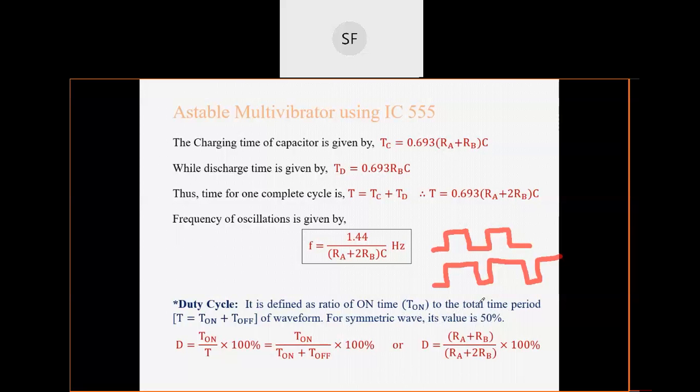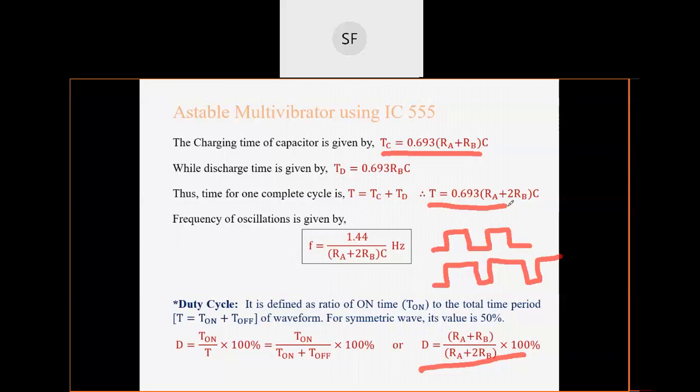But generally at the output of an astable multivibrator, you will get the rectangular wave only. Okay, and the reason for that you can observe here. So another formula for duty cycle is nothing but this. From where this formula arrived, I have just put the value of t on and t off here. So charging time is nothing but t on. So I have just put this value on the numerator and capital T, so this one was the value for capital T, in the denominator.